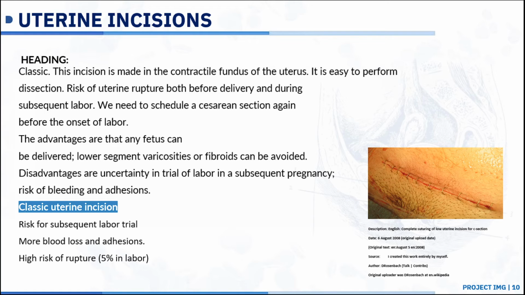We need to schedule a cesarean section again before the onset of labor. The advantages are that any fetus can be delivered, and lower segment varicosities or fibroids can be avoided. Disadvantages are uncertainty in trial of labor in a subsequent pregnancy, and risk of bleeding and adhesions. Classic uterine incisions: risk for subsequent labor trial, more blood loss and adhesions, high risk of rupture, 5% in labor. This is an image